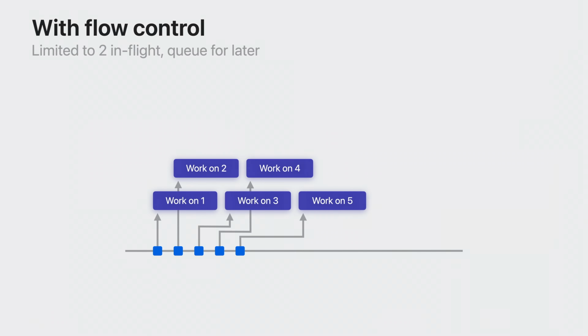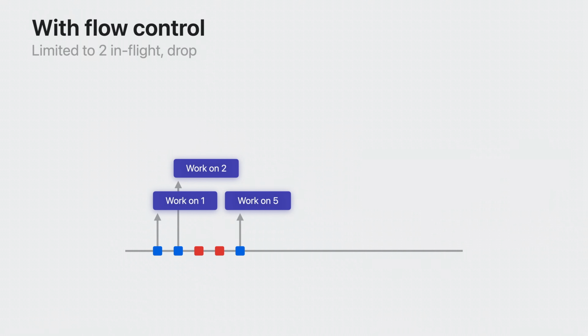A way to improve this would be to add logic which limits the maximum amount of in-flight predictions. This will result in less inputs and outputs loaded in memory concurrently, which will decrease the peak memory usage while running predictions. In this example, if there are already 2 items being worked on, it defers new work items until a previous one has completed. The best strategy will depend on your use case. For example, when streaming data from a camera, you may simply want to drop work instead of deferring it. This way, you avoid accumulating frames and doing work that's no longer temporally relevant.